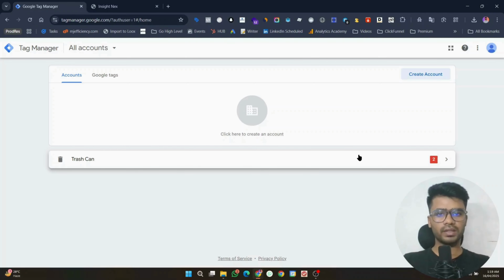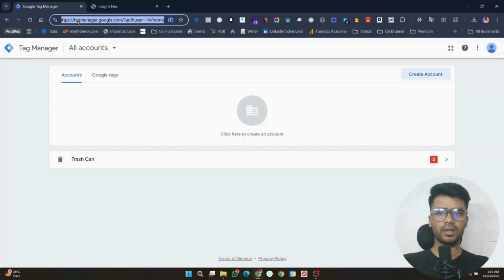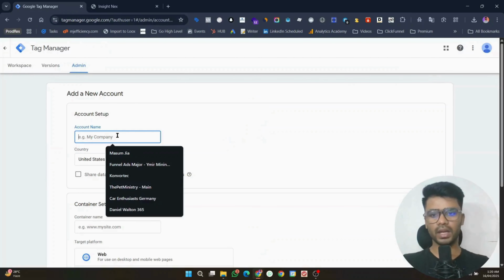Let's dive into the insight. So we want to set up Google Tag Manager for our GoHighLevel funnel. How to do it? You just need to go to the URL tagmanager.google.com. Click on create account. The name would be